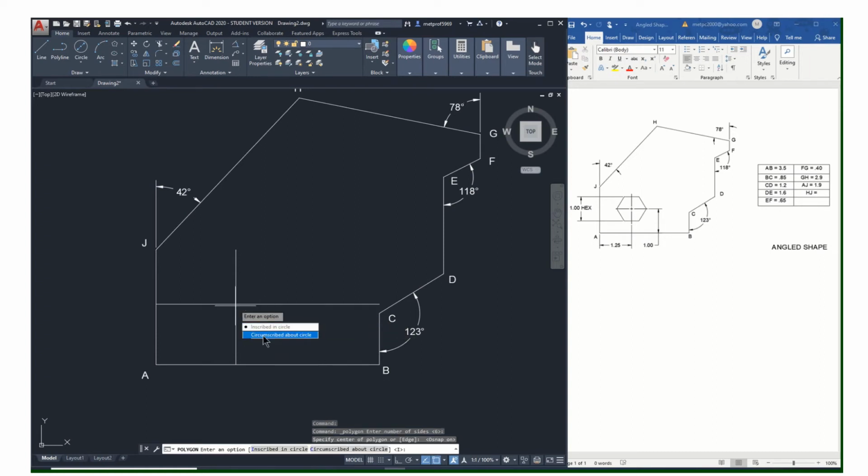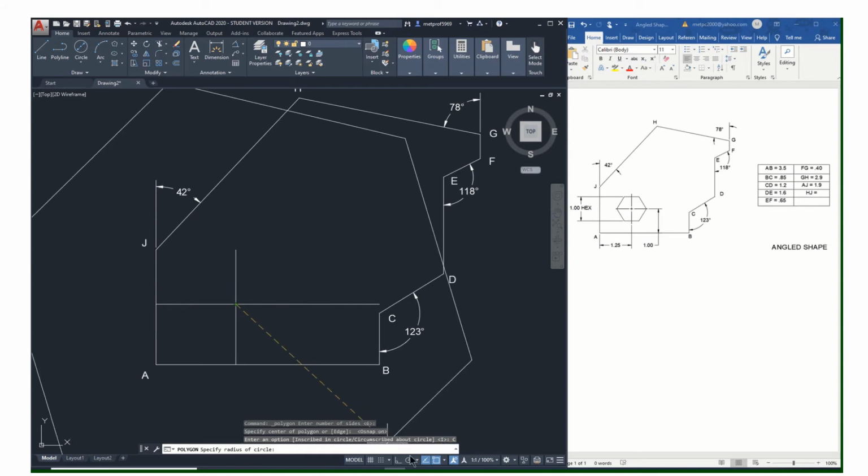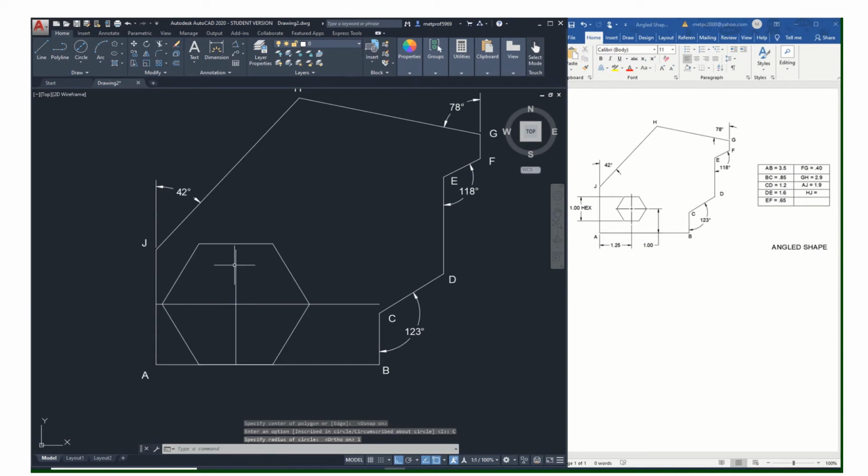And now inscribed or circumscribed, it means is the circle inside of the hex or outside the hex? I think the easiest way to do it is the oh, sorry, I just told you that backwards. Let's do circumscribed, I'll show you the difference. So then just move your cursor, and if you have this thing on ortho, it'll kind of force it to be either that way or that way. That's the easiest way to do it. And then you're going to want to type what that size of that is, and you can see on the drawing it's a 1-inch hex, so just type in, and you can see how that says the radius of the circle, so hit enter,